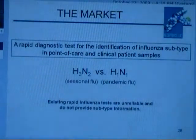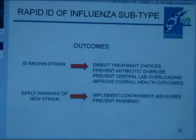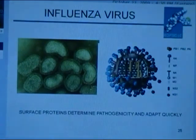So here's the beast, which I thought all of you might find at least vaguely interesting. This is an electron micrograph of an actual influenza virus. I think, in fact, it's H1N1, but I don't remember for sure. This is all the nuclear material